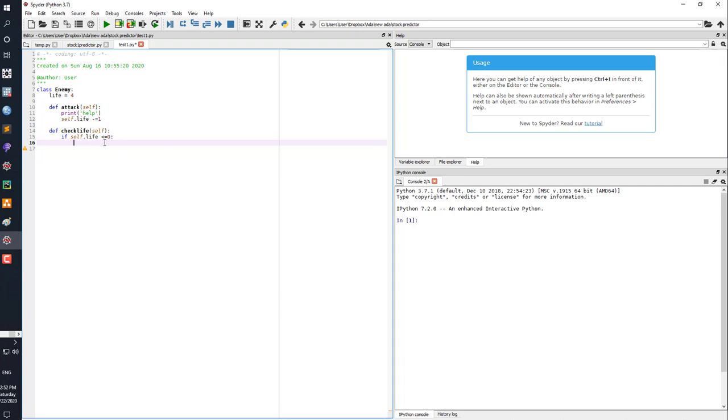So if self life is smaller than 0, so again, it's taking this. That's why self is there. If self life is smaller than 0, then we print